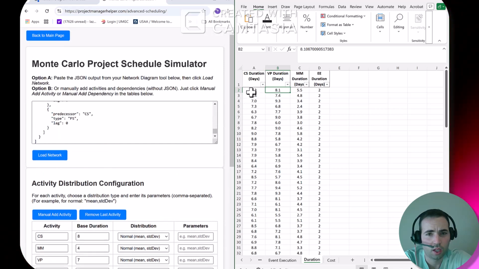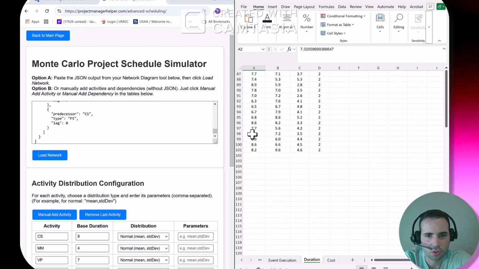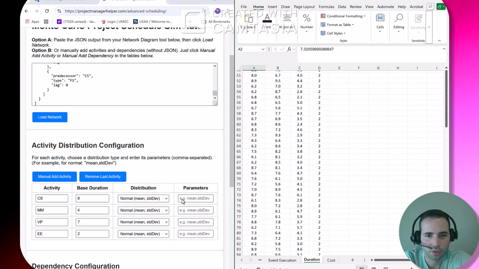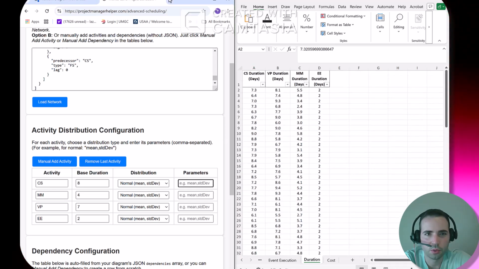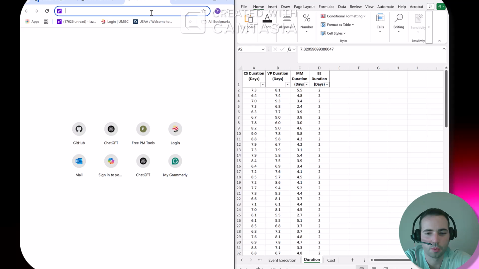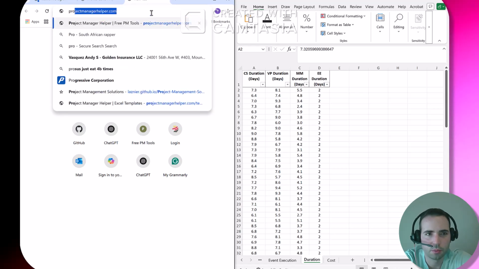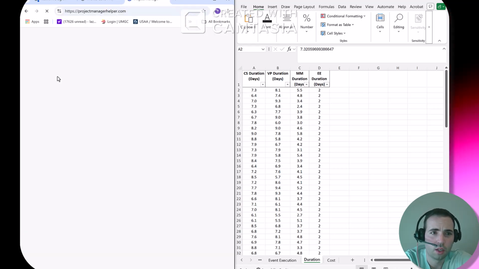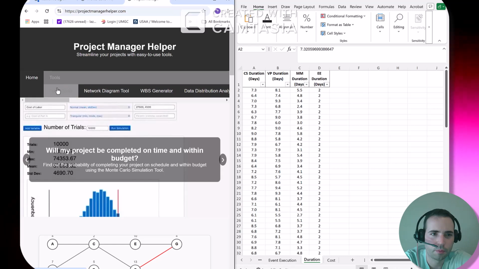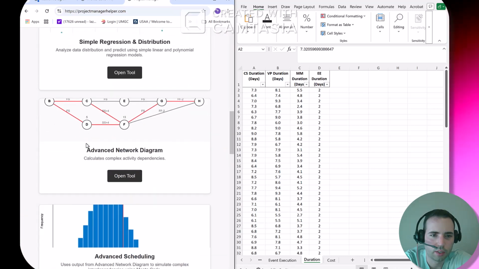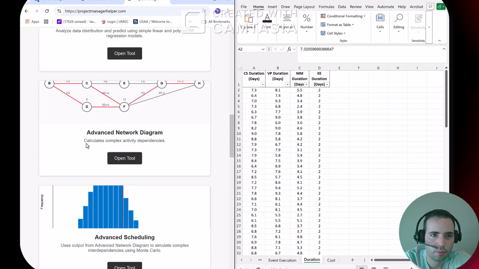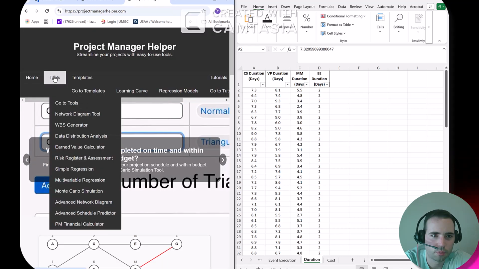So how do you determine what type of distribution the data has and what parameters to put into our Monte Carlo calculator? Well, we have a tool for that. So we'll keep that page open for now, and we'll go back to projectmanagerhelper.com, and you want to go to tools. Go to tools here and select the tool we're looking for, distribution,